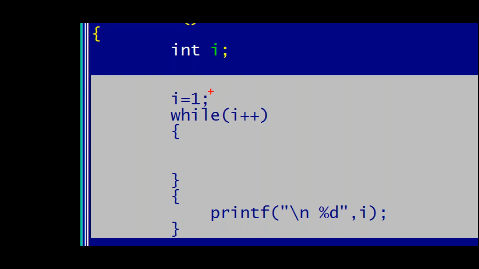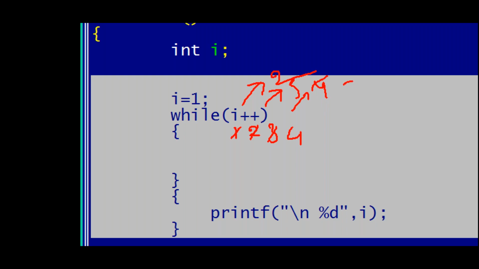3. Next time what does it check? 3. But what is the i value? 4. Next time it checks 4, but the i value is how much, guys? 5. Next time it checks 5. Now the i value is 6. Next time it checks 6. What is the i value? 7. Eventually, if it checks 0, the next value is 1. Then it comes outside.